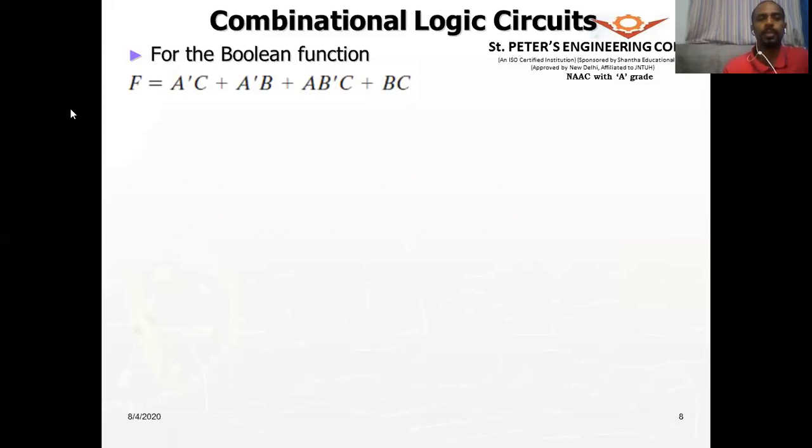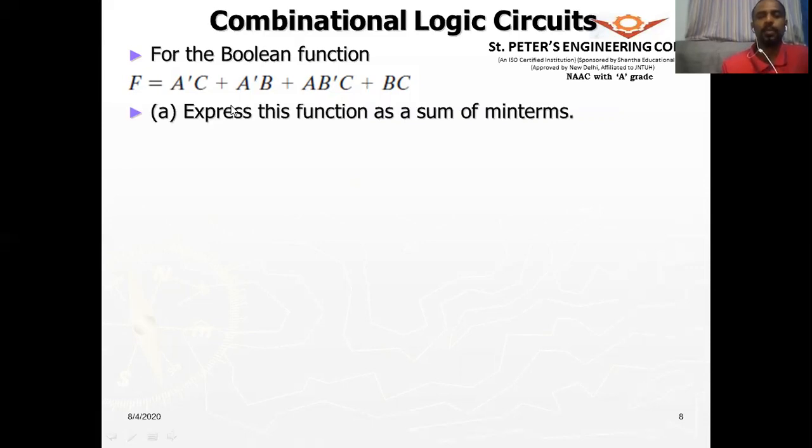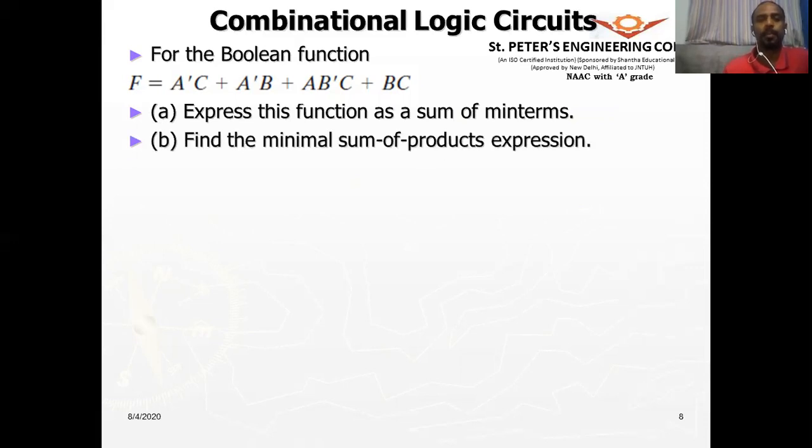So for this Boolean function, f, again it's a three variable function, A, B, C, with different combinations of the minterms. We have to express this as a sum of minterms, and we have to find the minimum sum of products for this expression. So this is an alternate way of asking the question. They have given it in terms of the ABC minterms, and they are asking you to express this as a